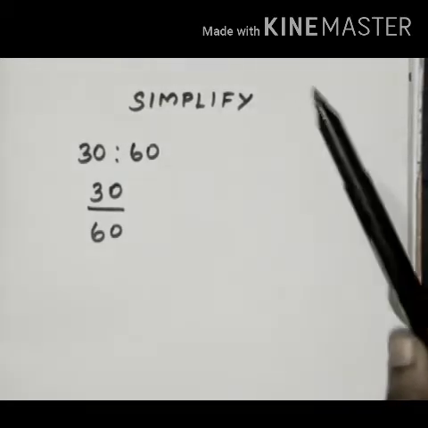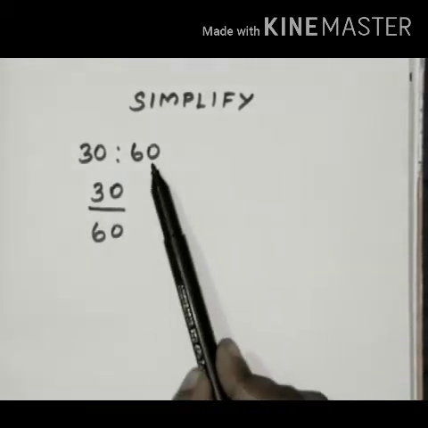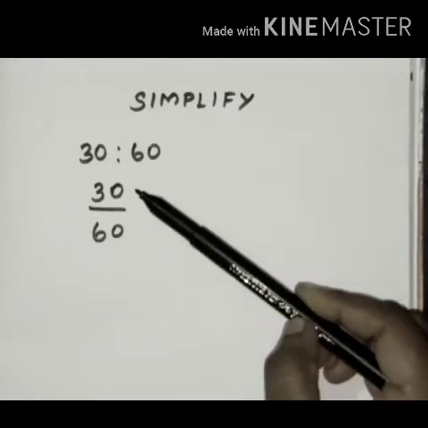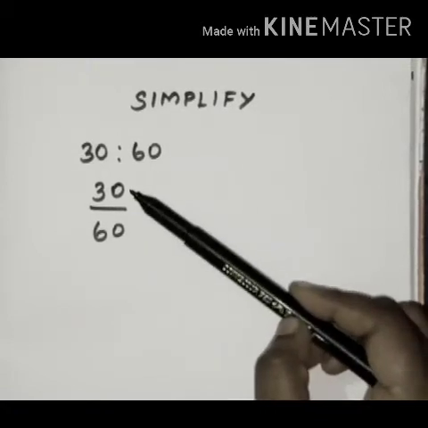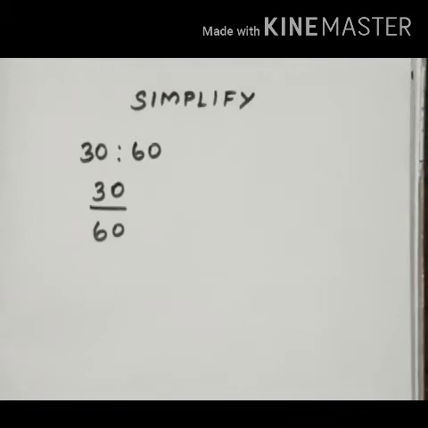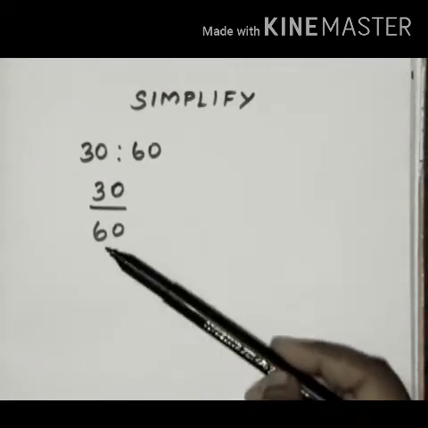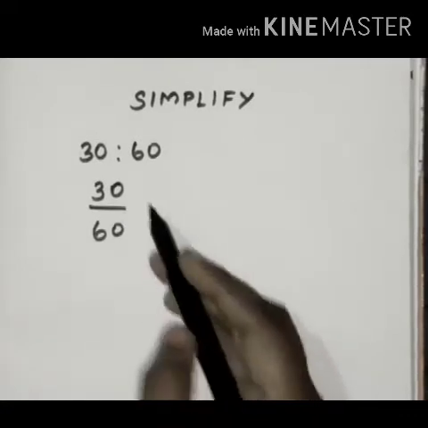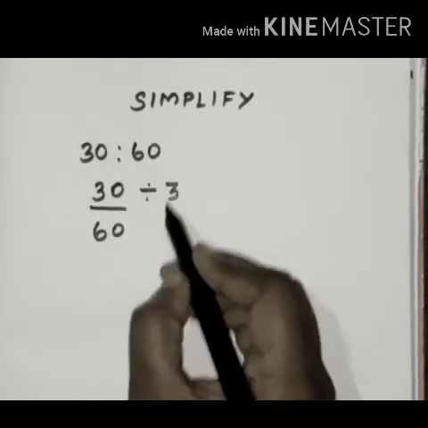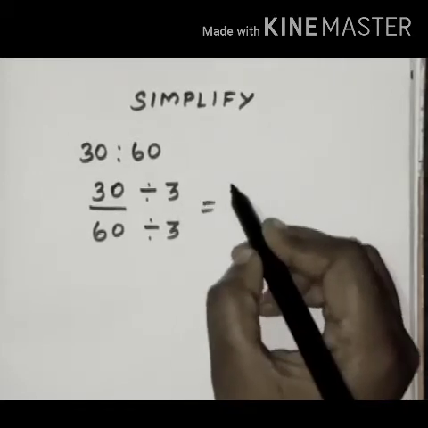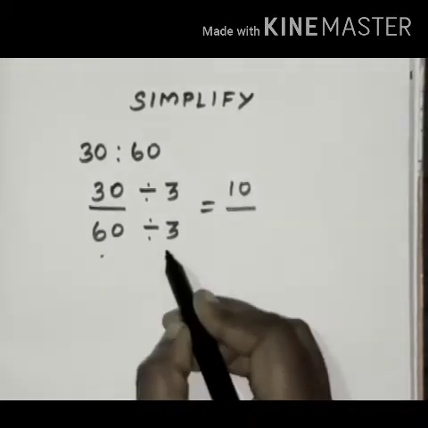First step to simplify, you have to write the ratio in the fraction form. Students, as you already know how to write a number as a fraction. See, 30 by 60. Then the second step is you have to divide each quantity by its common multiple. See, 30 and 60 are divisible by 3. 30 divided by 3 is 10. 60 divided by 3 is